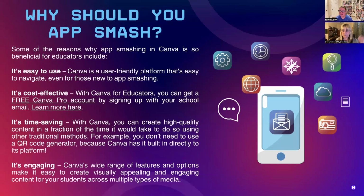I think it's a great way to build your brand too by using Canva. If you're social media shy and you're just getting started, definitely consider using Canva. And that's an app smash tool right there. And I think we talk about that all the time, is we create stuff, they even have a whole branding section that you can upload your brand to and it'll create graphics for you. So I think also with the AI tools, right? It can help make it more appealing for you. If you're somebody that hates to start from scratch, use the AI magic tool, type in what you're looking for, and it'll generate some pretty amazing